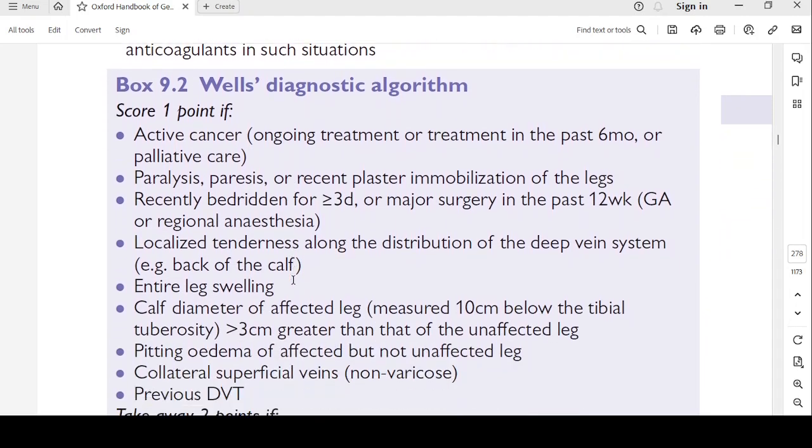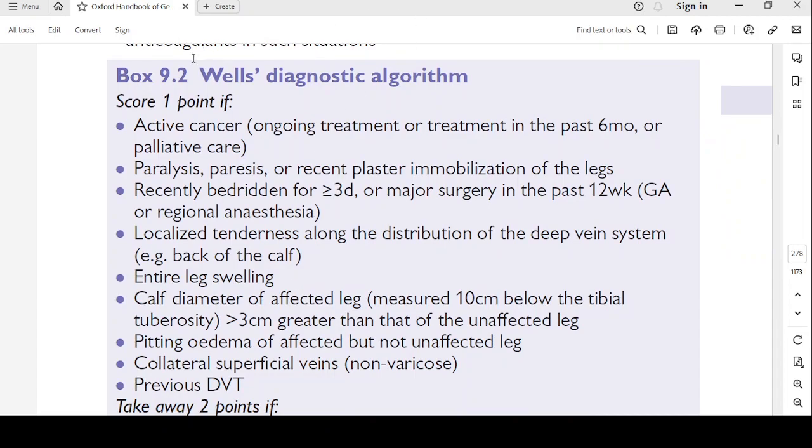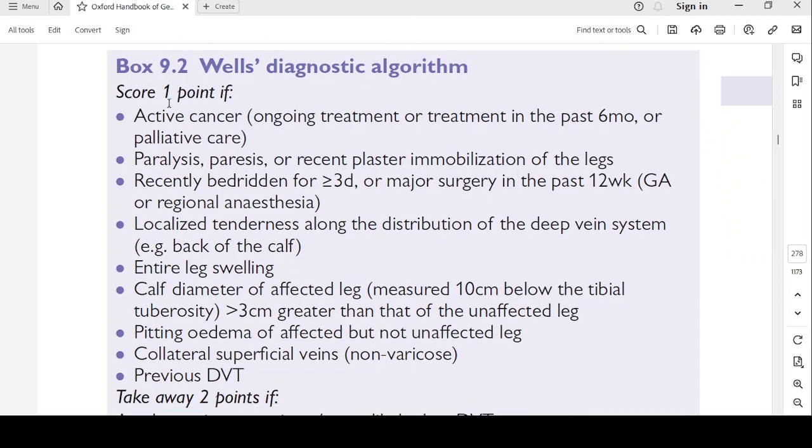So, 9.2 Wells diagnostic algorithm. Score 1 point each if they have an active cancer, ongoing treatment or treatment in the past 6 months or palliative care; if there was paralysis, paresis or recent plaster immobilization; recent bedridden for more than 3 days or major surgery in the past 12 weeks under GA or regional anesthesia; localized tenderness along the distribution